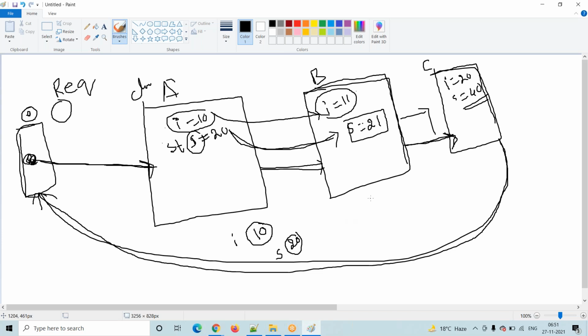Then what will the system do? It will not touch anything. In class A, memory is already allocated, right? It will not touch anything. So again it will come in here and create a separate memory, and here the value is